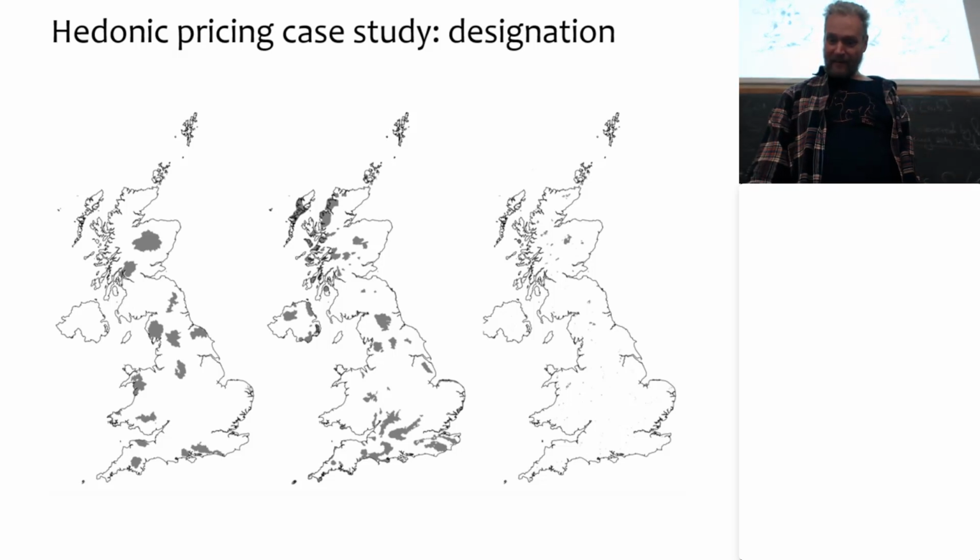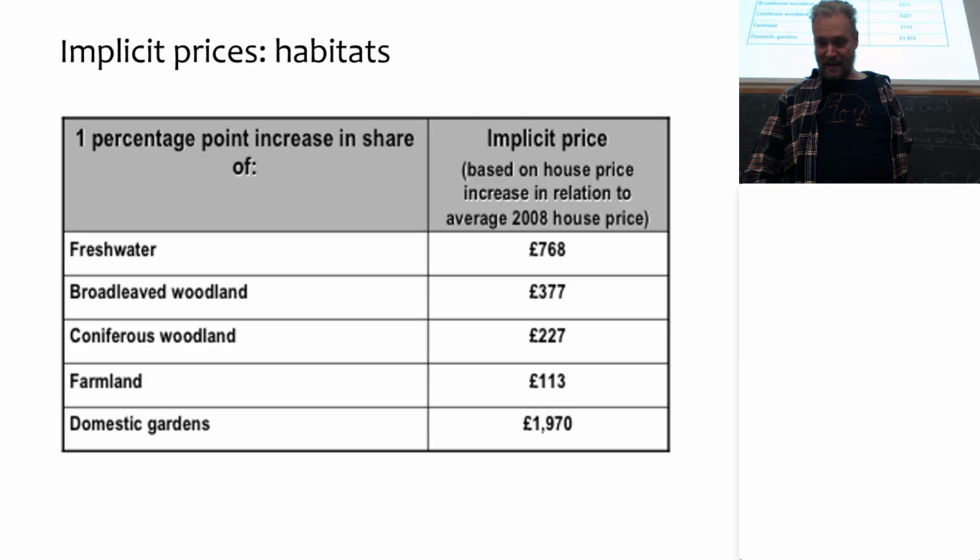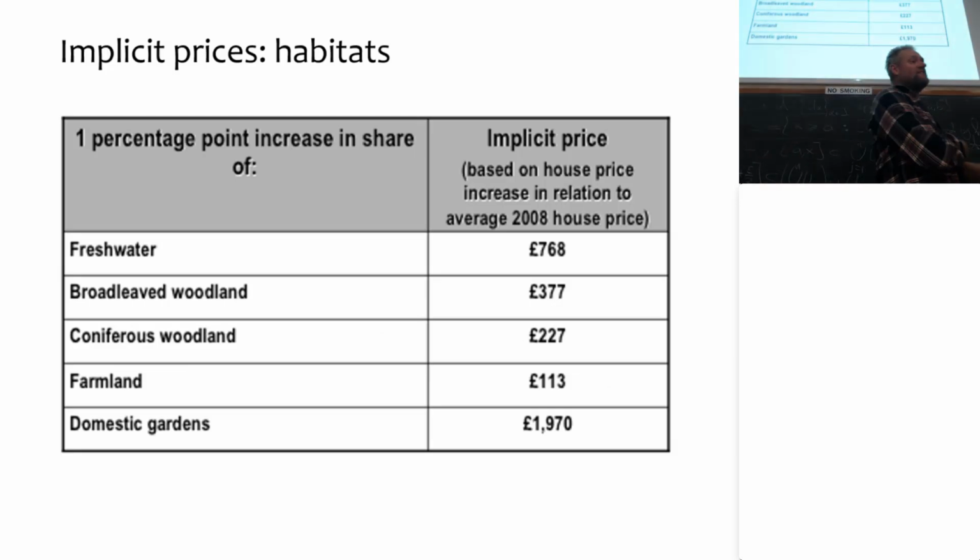They are there, and then you run a regression of the house prices on these things, and you find such things as British people are prepared to pay £377 more for a house if it's close to broadleaf woodland, but only £227 more if it's close to